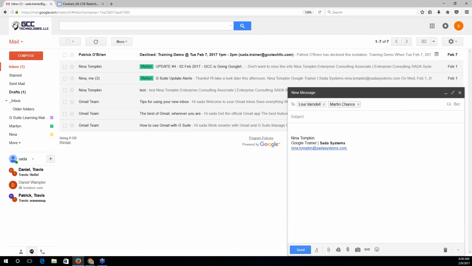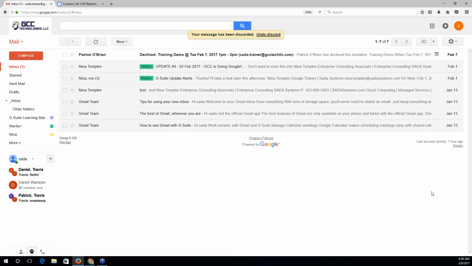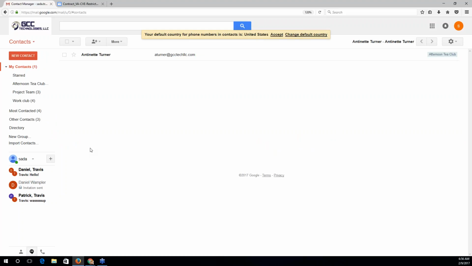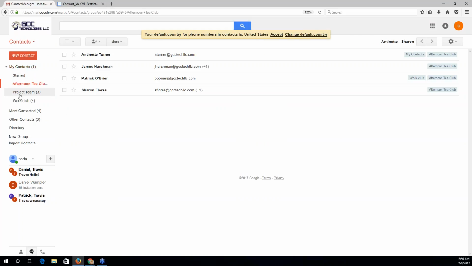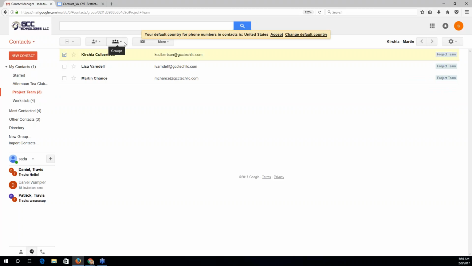So that's how you can manage personal contact groups. And just as a last tip, if you decide to spin up your different contact groups, note that you can manage your groups going forward by clicking on the Mail drop-down in the upper left corner, selecting that Contacts option. And here under My Contacts, you can see the different groups that I've spun up in the past. And by using this three-headed person icon for groups, you can select which groups you'd like certain colleagues to be a part of.